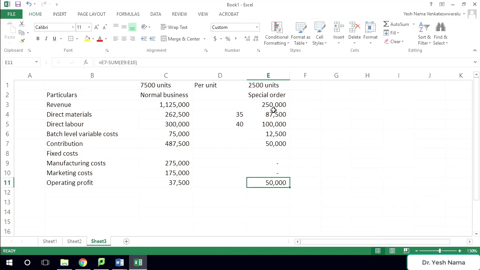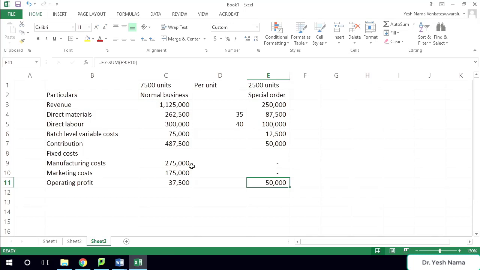It will give you more profit than selling 7,500 medals. So, it's not a like-for-like comparison because we are not taking into account any fixed costs for the special order, because fixed costs do not change. Anyways, you have an additional 50,000 contribution to cover your fixed costs, so you will be accepting